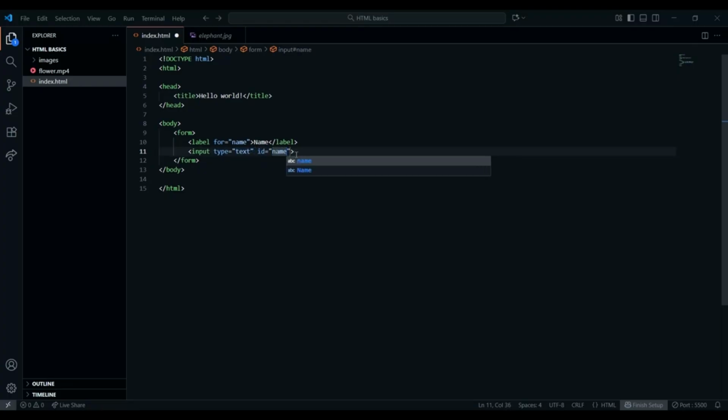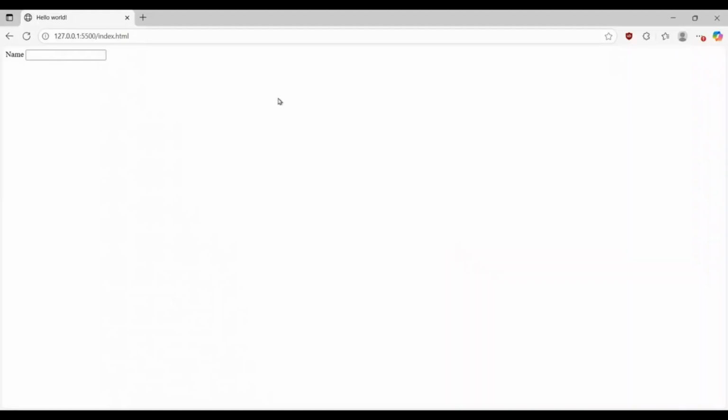Now ID is something that we're going to go through a little bit more in a future video. I think it's in the next video that I'm going to go through that. But basically ID is used both in the CSS to style your website, and then after we click save, we click go live. And now, as you can see, here is the label and here is the input